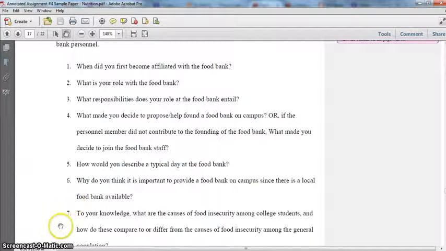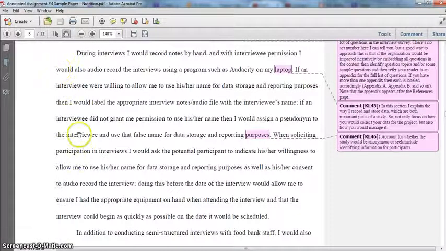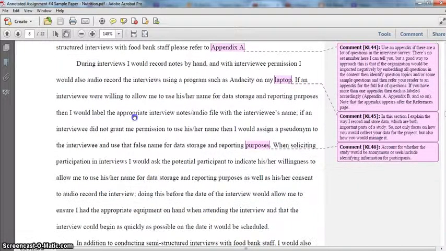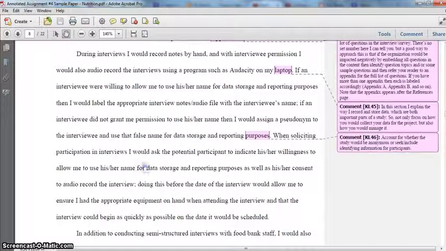So now that we've talked a bit about the appendix, I'm going to just go right back up to the content that we were looking at before I moved us down to this part of the page. So what you're seeing in this paragraph, which is the first full paragraph at the top of page 8, is that I move from talking about the questions that I would ask to talking about how I would actually collect my data, or what I would be doing to record my data.